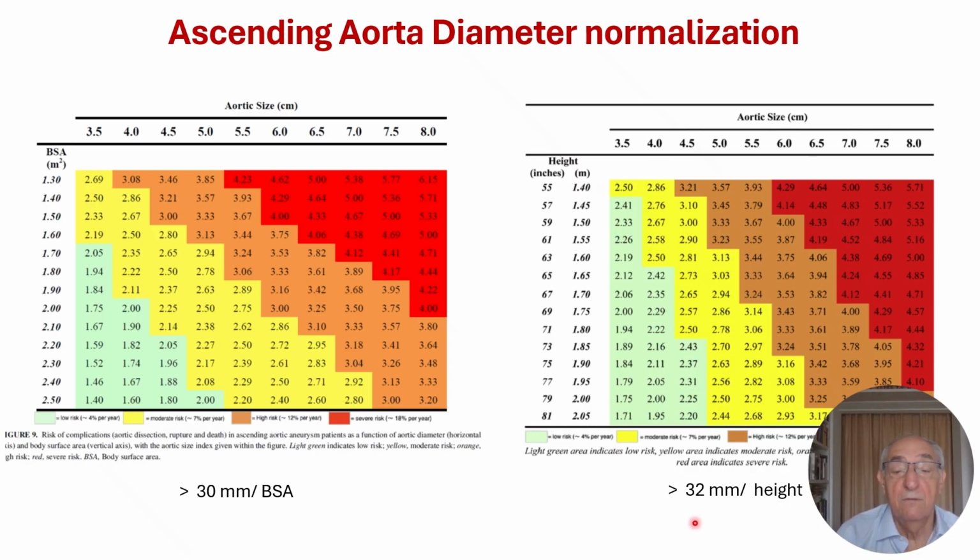And a cutoff point of 32 millimeters of diameter divided by height greater than or equal to 32. We see it's an interesting cutoff point for increased risk. Therefore, I'm not saying you must indicate surgery at 32, but I think it's important to consider this value, and that in the absolute value you have to compare it with the indexing of the diameter by height. And when you're already at 32, you should probably think that whatever diameter it has, you should indicate surgery,